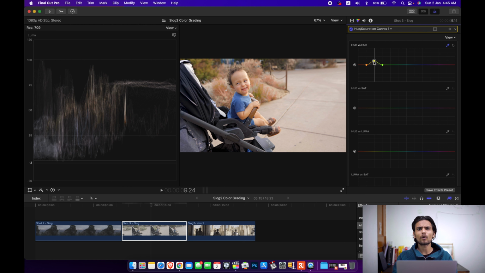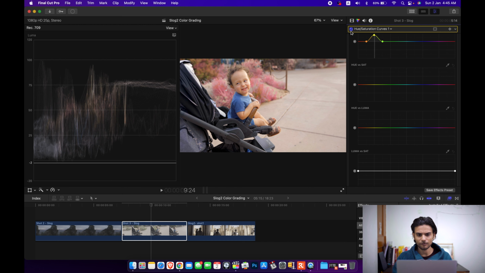So if you want a good dynamic range and good color curves in your footage, you better shoot it flat and then color it in post-production. Before this and now this, you can change the colors.